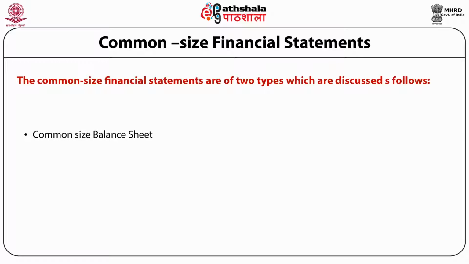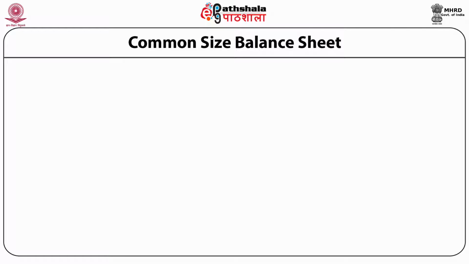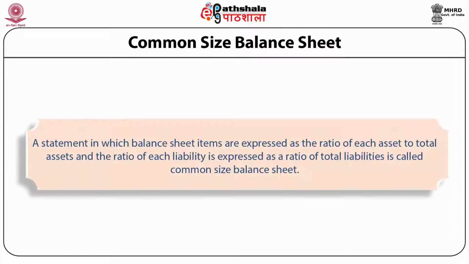First, common size balance sheet. Second, common size income statement. Common size balance sheet. A statement in which balance sheet items are expressed as the ratio of each asset to total assets, and each liability is expressed as a ratio of total liabilities, is called a common size balance sheet. It can be used by different companies of different size